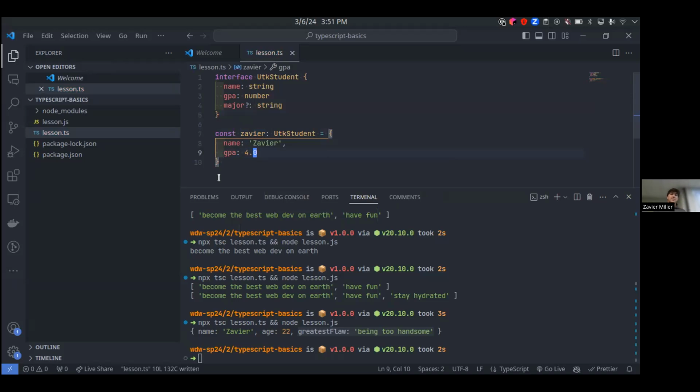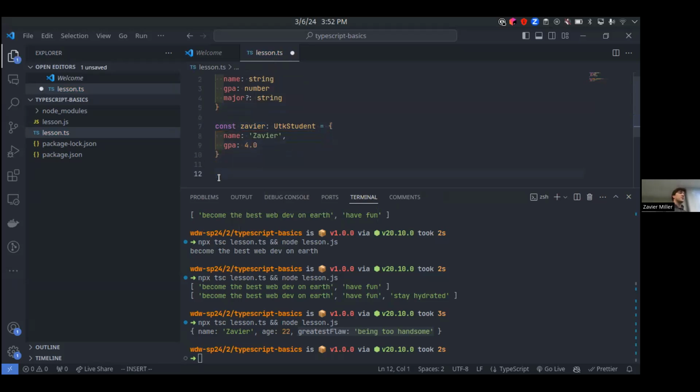Okay, sweet. So this is great, but I'm going to want to update this as I go through school. I'm not going to keep the same GPA. I might declare a major. And so I'll need to update these specific properties on my object. And you can do that in two ways with TypeScript. The first one that we'll talk about is called dot notation. So I can say Xavier, which is my variable name for this object, dot, and then the property name that I want to access or update. So I want to update my major because after my first semester, I've gone ahead and declared that I'm going to be a computer